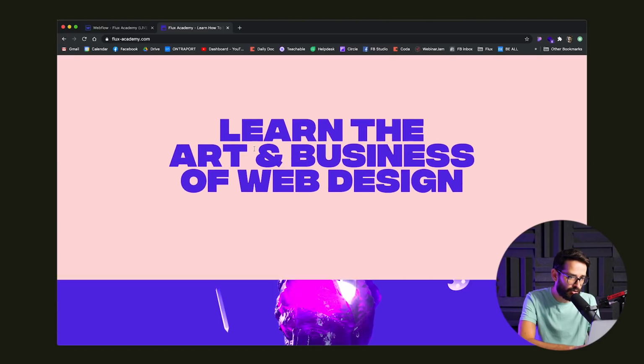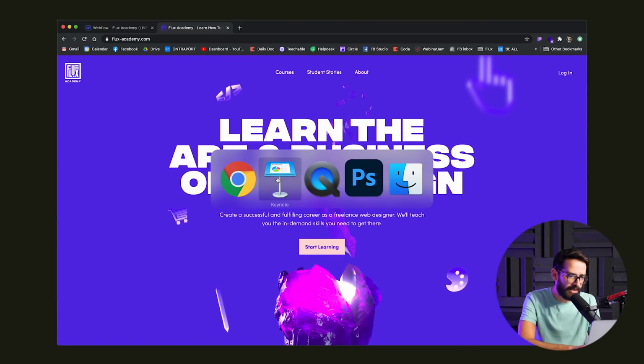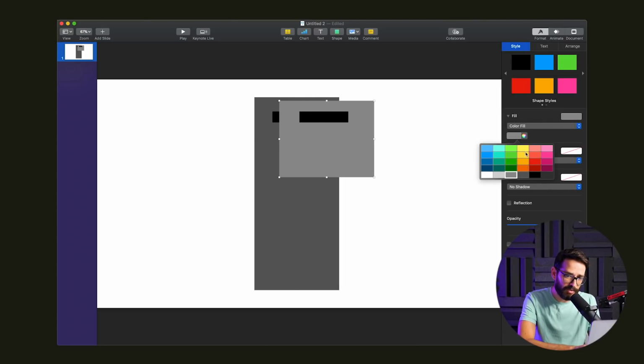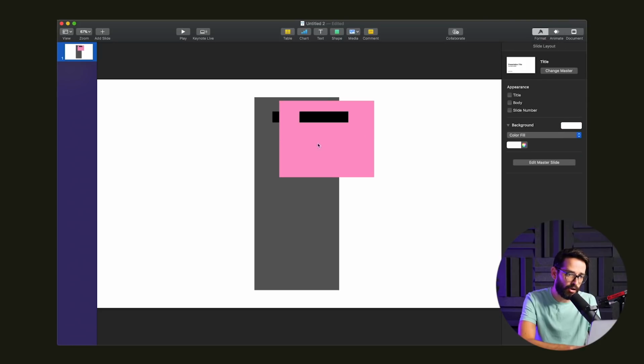And let's dive into the homepage. Now in the intro animation, it's actually purple, right? So it's going to be a duplicate that's going to look like it's sitting in the exact same position, but on top of it with a different color. And obviously this is going to be this pinkish background with a different color as well.